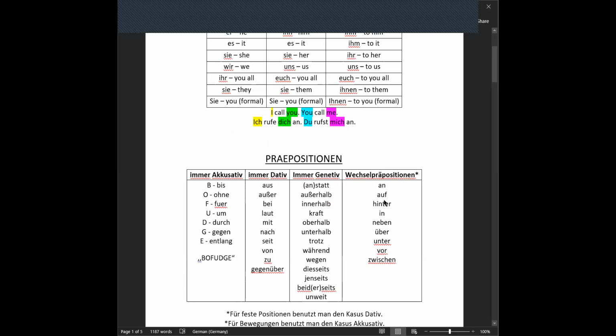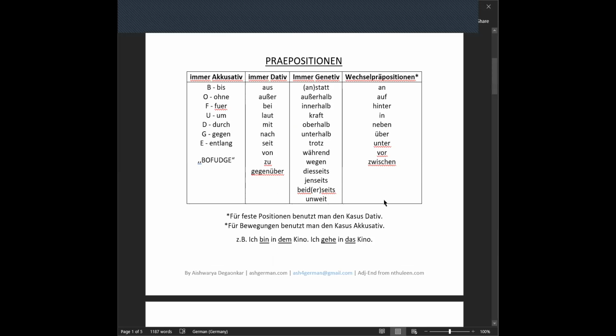Then this table here covers some of the major accusative, dative, genitive, and Wechsel prepositions. So in accusative, we only have these many. There are some that are missing in the dative and genitive columns, mainly because, like I said, these are just the major ones, not all. However, in Wechsel prepositions, these are the only prepositions we use. Now, when we review prepositions, we will be looking at each and every preposition, how we use it,